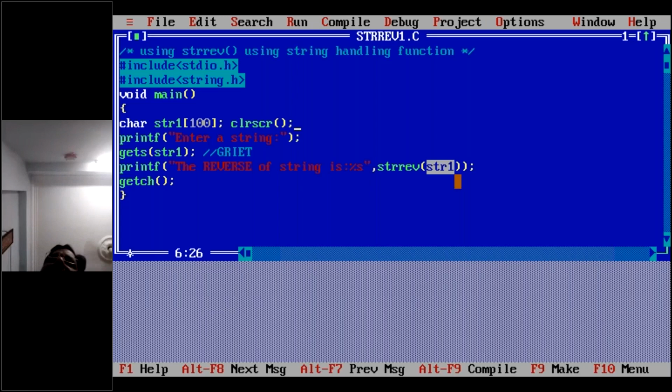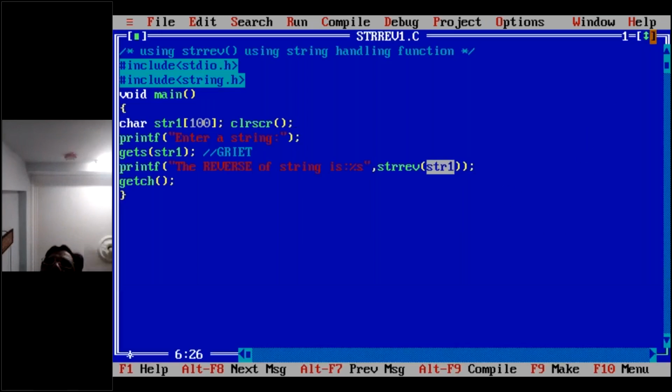Now it is good. So GRIET is my given string, but the reverse of the string is TEIRG. Is it clear? This is how it reverses the whole content of the string. This is one of the functions that is used.